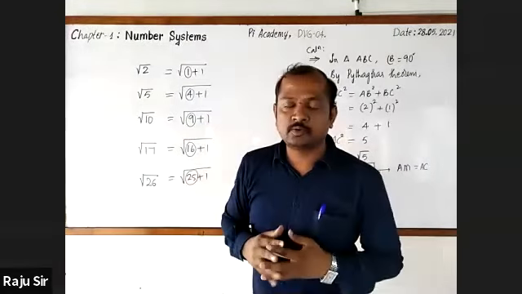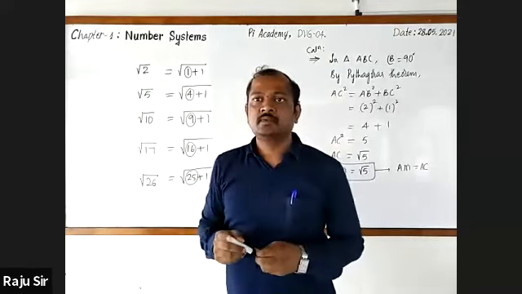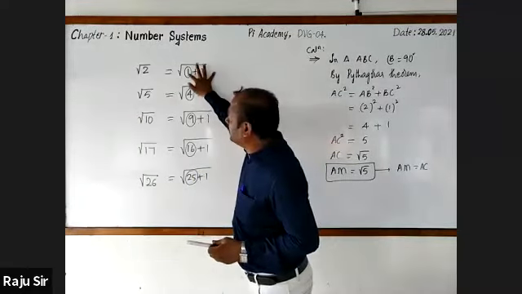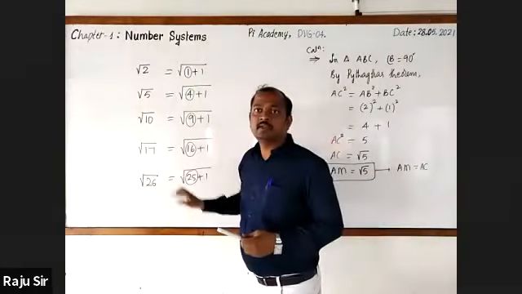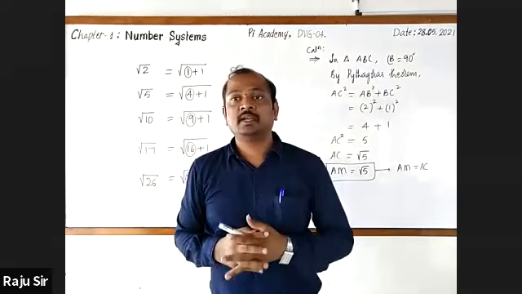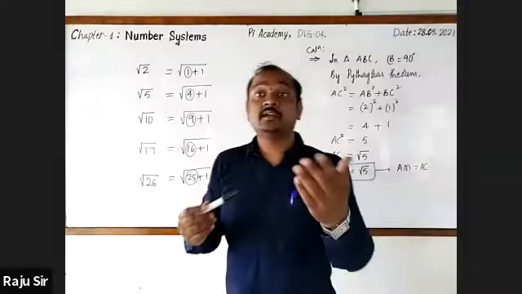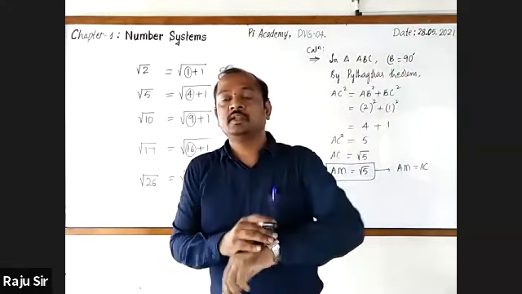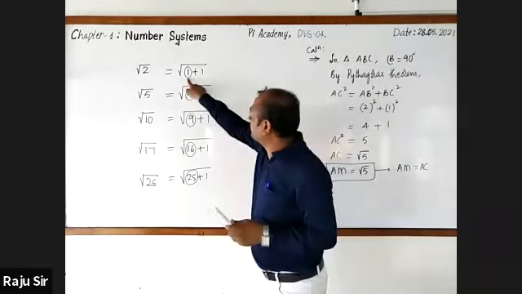From this, we can conclude that if the square root of a number is of the form 1 more than a perfect square, such numbers can be represented even by the vertical method and horizontal method. Is it not? Did you understand? Sir, only these numbers, sir? We can't take 36, sir. You can take 37. You can take even 82, 101. See, perfect square plus 1.